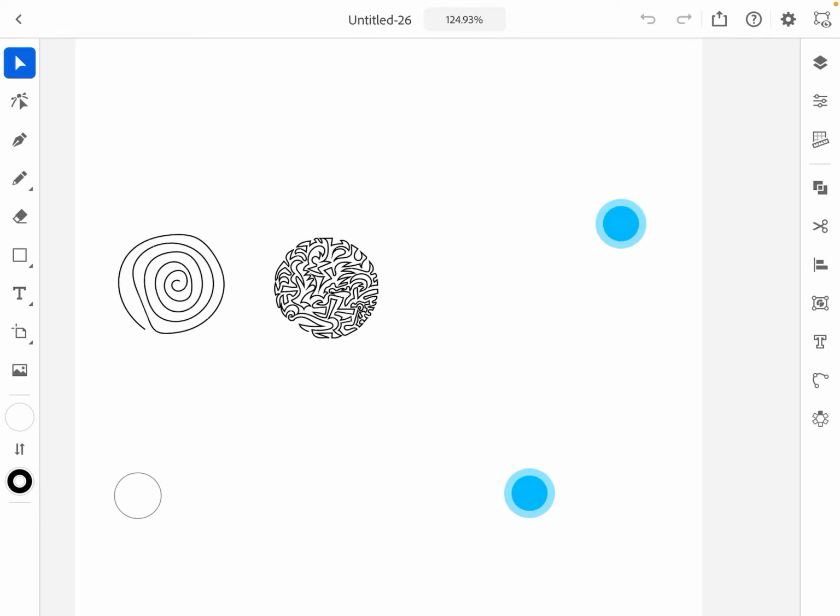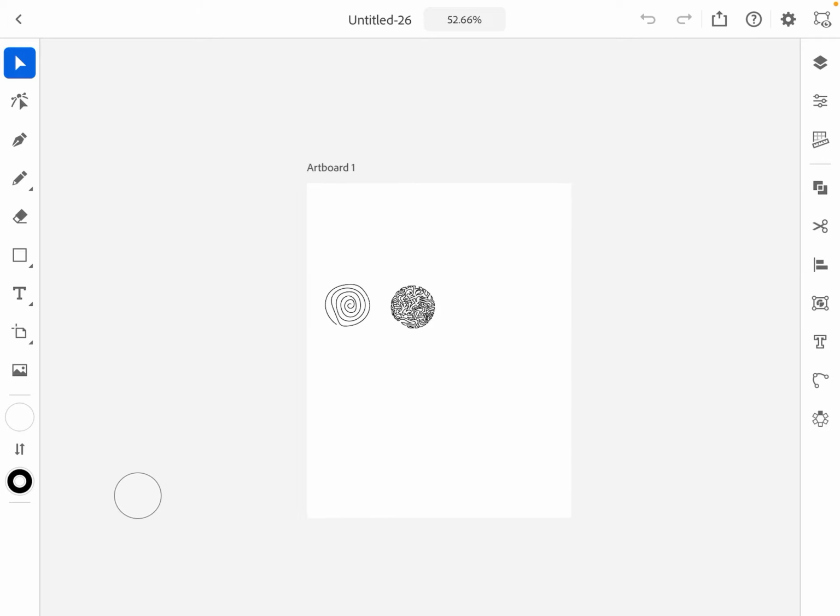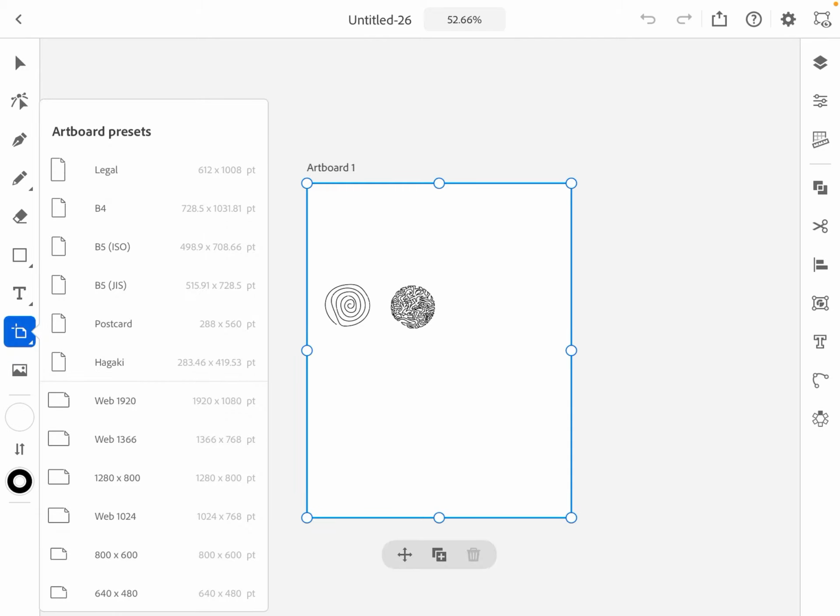So a couple important things I want to show you. The first one's pretty simple, and that's the artboard size. Let's say you're working on something and you want to change the artboard size. And that's the dimensions of your overall image. It's pretty easy, actually. You click on this button over here on the left, and there's some presets you could